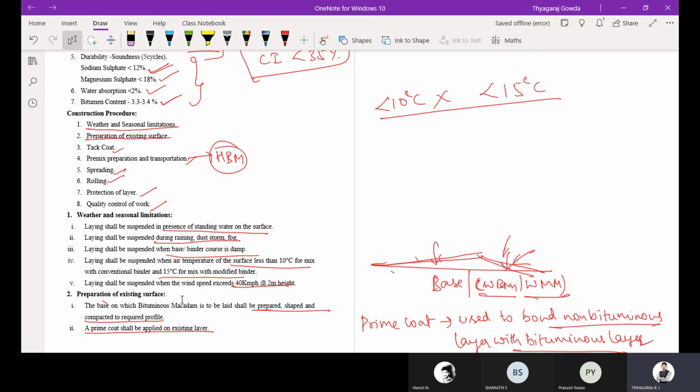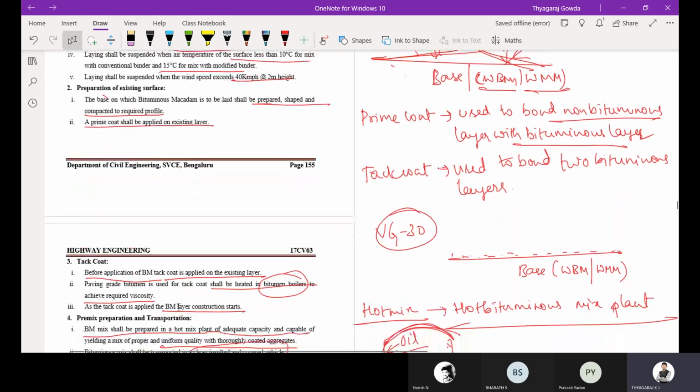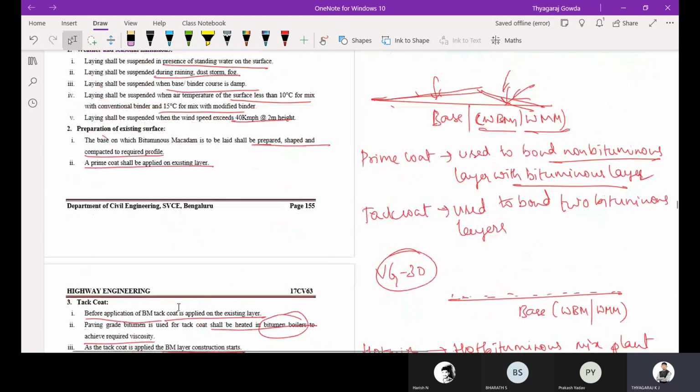Then preparation of existing surface. The existing surface should be prepared and shaped very well and compacted to the required profile. Then a prime coat shall be applied on the existing layer. Then tack coat. I told you prime coat is used to bond a non-bituminous layer with bituminous layer.